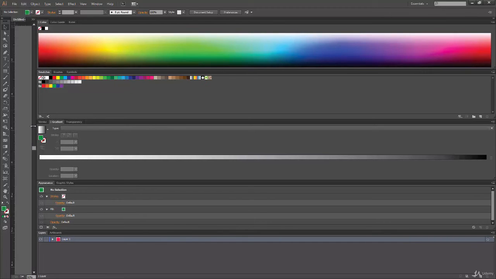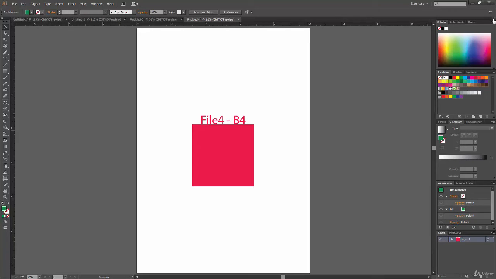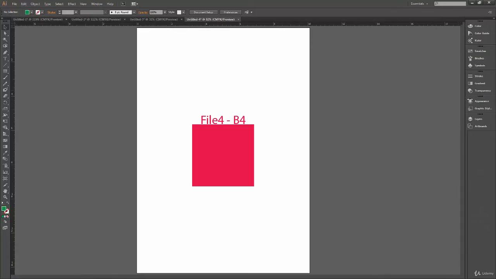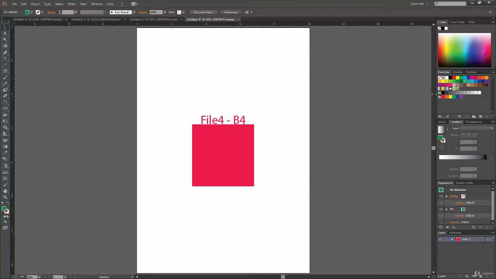So yeah, it's just a functionality. It's good to know that. It's good to have knowledge of that. Let's close this again, and we'll shrink it down. Now we can rearrange our panels the way we want. I like this part of Illustrator a lot. You can customize your panels the way you want, and the way they are arranged. That is one good thing I like in the interface, because you can have your own set of panels. Let me just show it to you real quick.